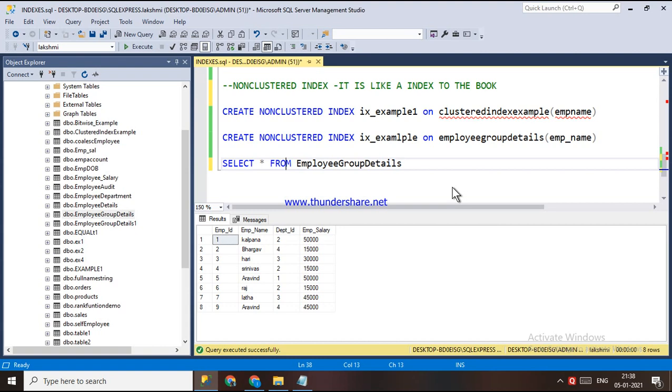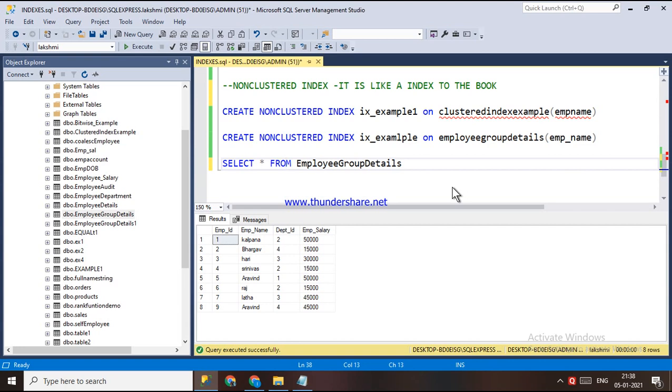Like that, this non-clustered index also saves the particular column on which it is created separately. It is stored separately, and in the search process, if we search that table, it goes to that index and the pointer column.